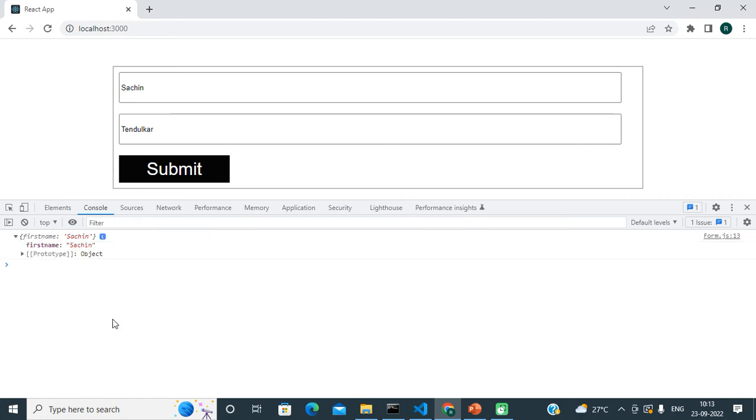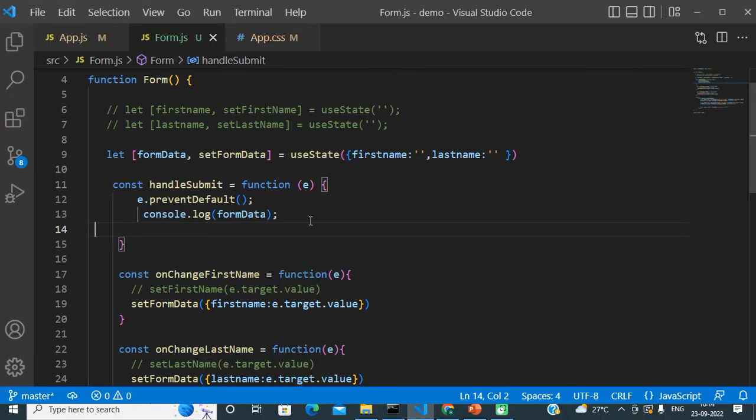So what is happening friends, the state which we are updating last is available in our main state object. But the property from the state object which we are changing initially is not getting maintained in subsequent updates. So this is actually the issue, and to resolve this issue we just need to try some